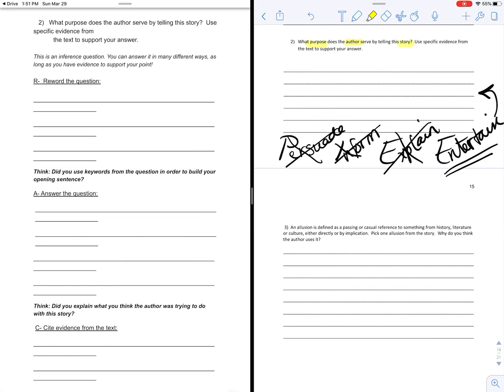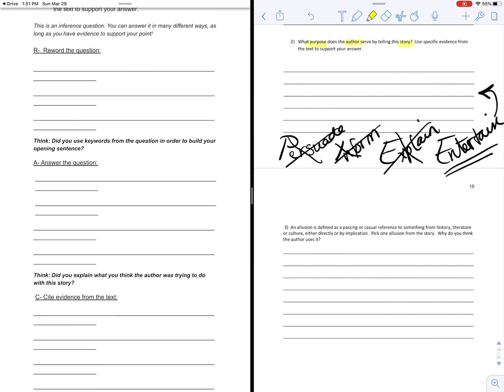Now in the A, that's where you're going to share that this author is looking to entertain. And then for your evidence, you can choose any place where you found Neal Shusterman's story to be entertaining. You might decide that the most entertaining part was when he actually catches the ice cream man. You might decide the most entertaining part is when he decides that he's awesome because now he's fast. The C in this has to be quoted and it has to have page numbers, but you can pick a lot of different evidence without really doing this wrong. There's a million ways to do this one right.